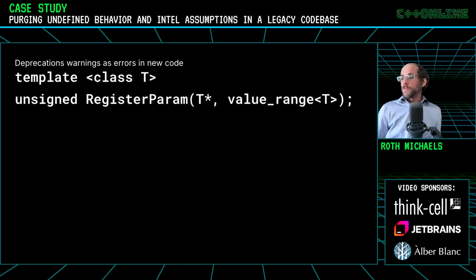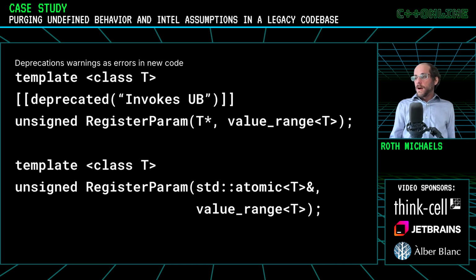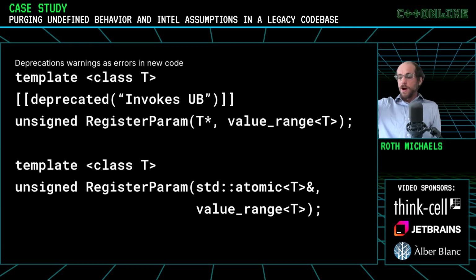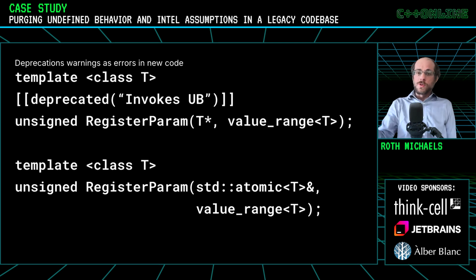So just to give you an example of the deprecation warnings, in our signal processing code, we have a function like this for registering parameters of different types, basically like what knobs exist that you can turn. And it turned out that deep in the infrastructure that would call using a raw pointer there, even though we thought we were using this lock-free queue stuff correctly, was actually still a race condition. And so we needed a reference to an atomic instead. And so we deprecated the old version. And we have a system that means that it will fail a build if you ever use the old version in new code.